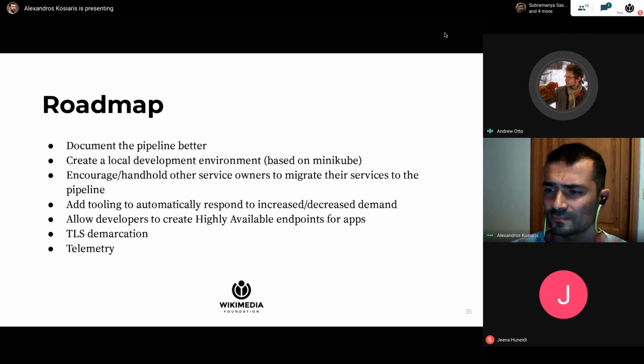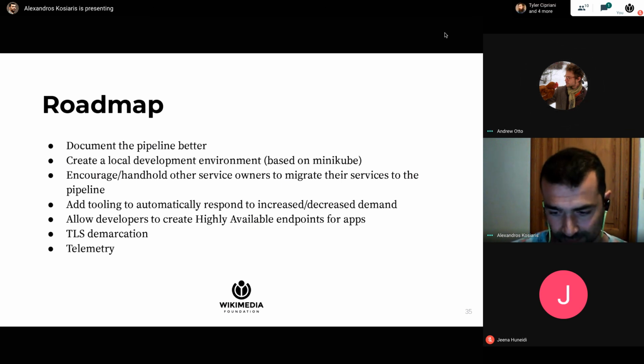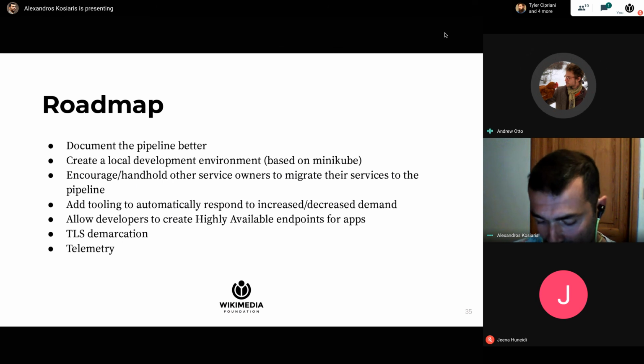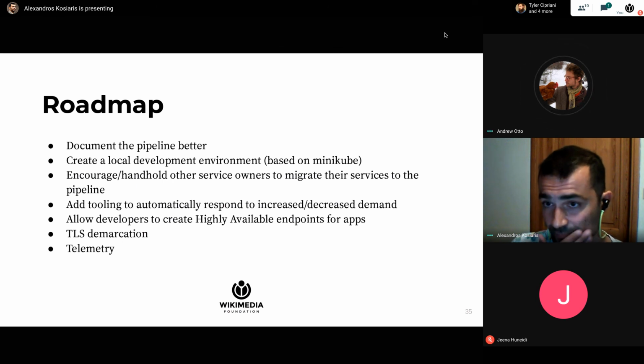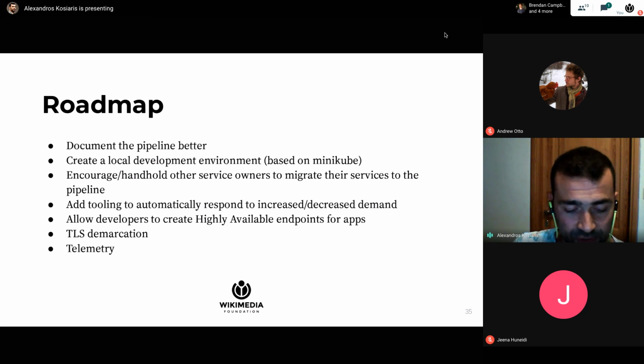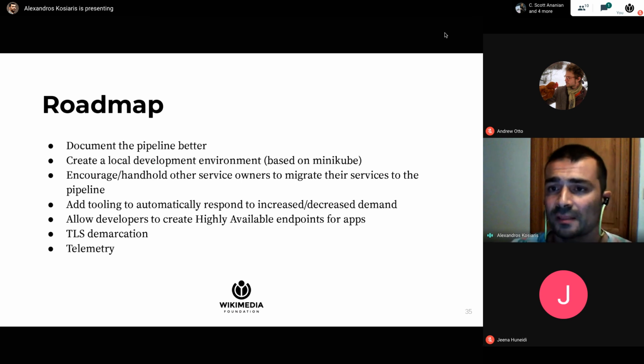The TLS demarcation you're talking about, I'm not sure I fully understood that. That means that when apps have to make remote connections to other services, somehow... Let me give you an example. So let's assume that some application that runs in the Kubernetes cluster, let's say ChangeProp, needs to, for some reason, talk to EventGate, whatever. The idea would be that